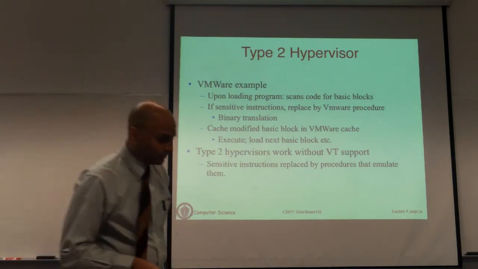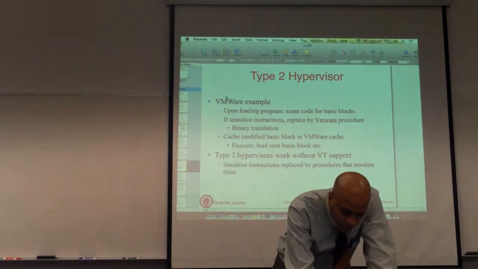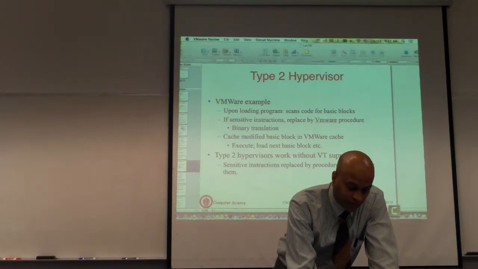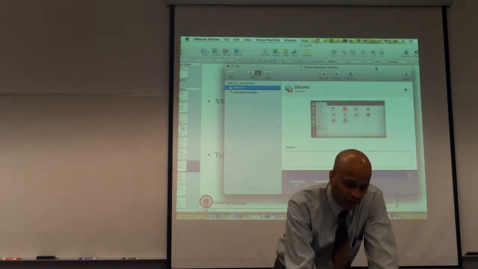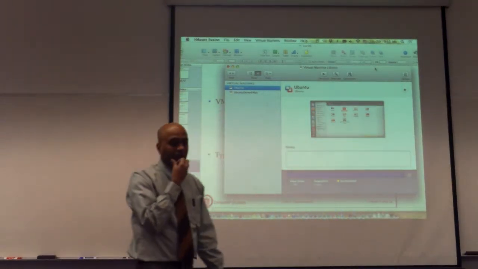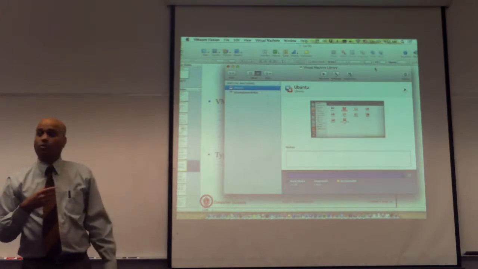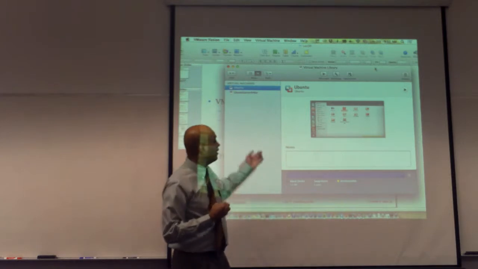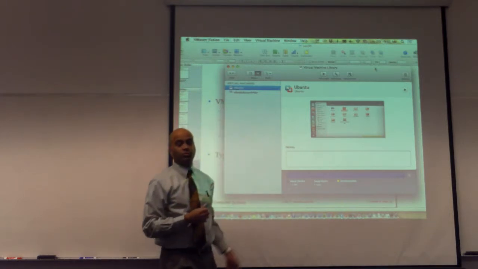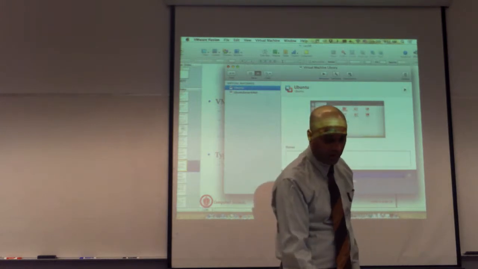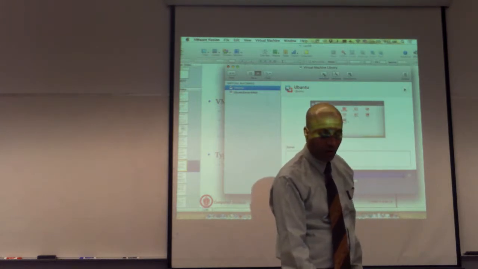Alright, so I'm going to quickly show a type 2 hypervisor. For those of you who have used VirtualBox or anything like that, this will be clear. This is VMware's workstation type 2 hypervisor on Macs. It's called Fusion. This is a GUI for the virtualization layer. I have 2 virtual machines here, Ubuntu and Ubuntu server. I'm not going to show you how to create a virtual machine, but I'm just going to show you what happens when you run it.